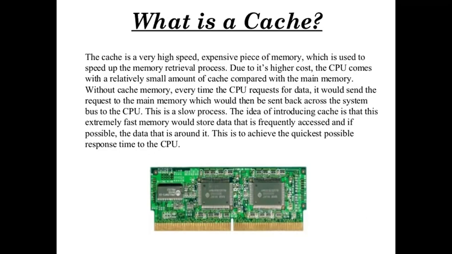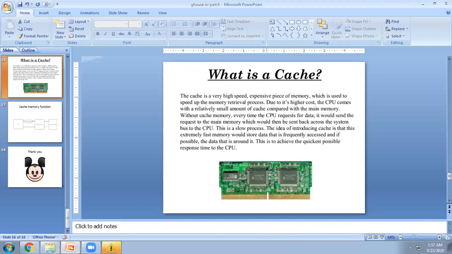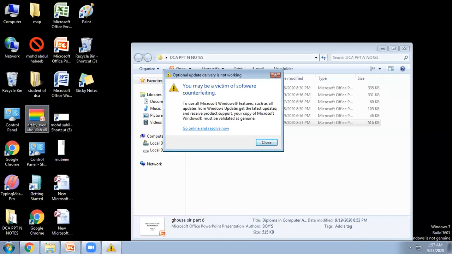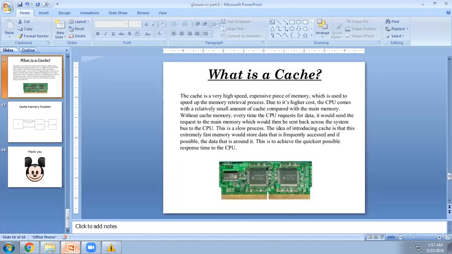If you are frequently accessing something, for example, I am using this PPT file. When I call this PPT file from my folder, the CPU goes to the main memory and brings it. It is also stored in the cache memory, because next time if I close it and call it again, it will give me what I have frequently accessed, so that I can take it quickly and operate it.